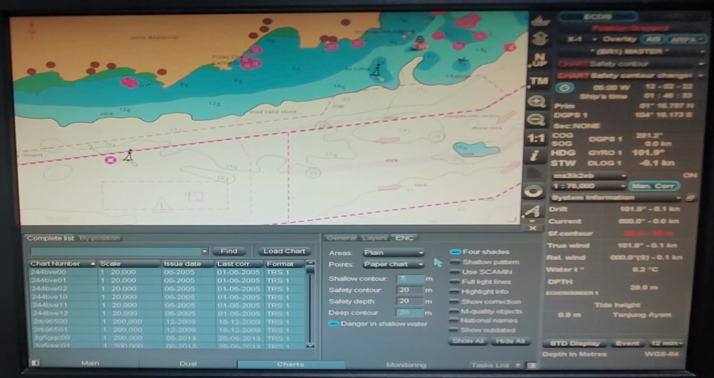Let us also see what happens when both the shallow contour and safety contour have to choose the same value. For instance, shallow contour is 7 meters, but there is no 7 meter contour. It assumed the 10 meter contour. And the next available after the 10 meter contour is the 20 meter contour. Let's see what happens when I set the shallow contour to a value of 11 meters. We can see that there is no 11 meter contour. After 10, the next one is the 20 meter contour, which is already taken by the safety contour. When I select shallow contour to 11 meters now,